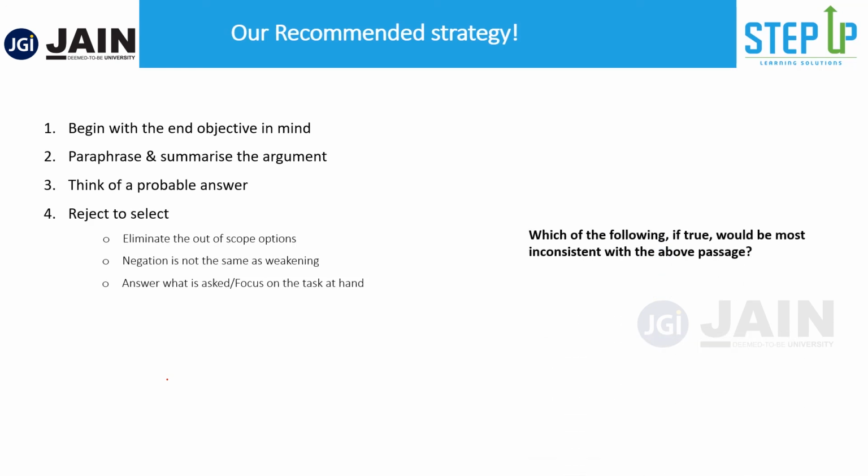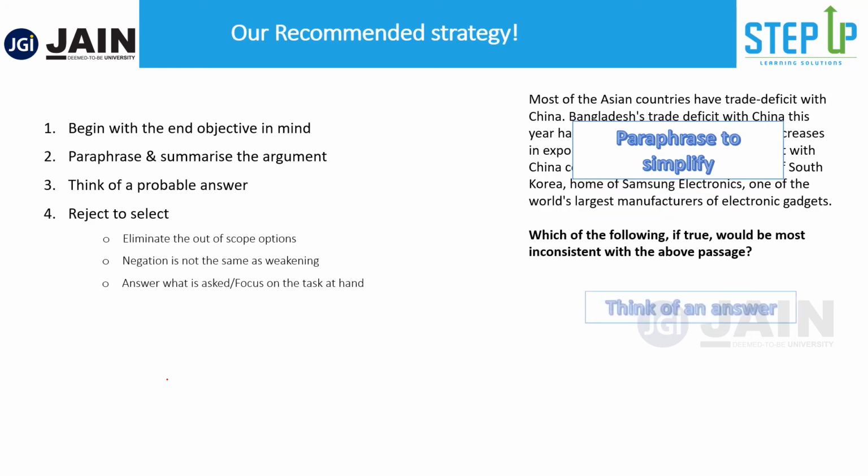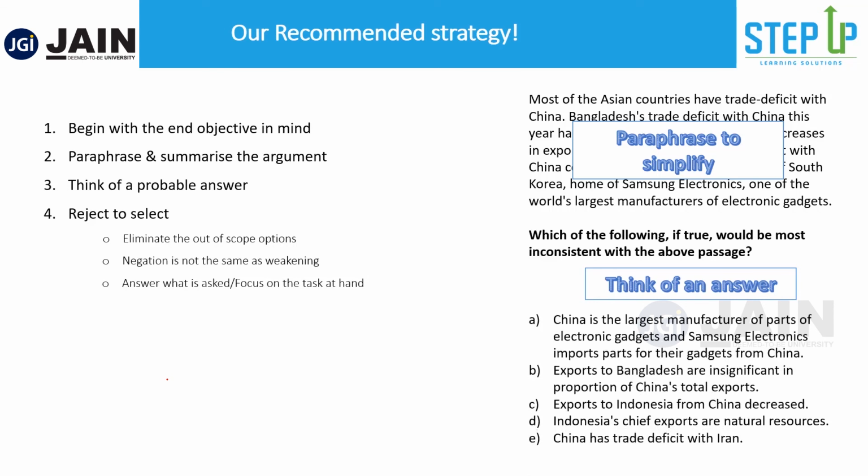So this is how we go about a question. We read the question stem, we go to the argument knowing what it is that we are looking for, we paraphrase to simplify the thinking in our head. If you want to write also one or two words here, you can write, and then you think of an answer based on the question and the argument you're understanding. You think of an answer, and then you go to the options and you start rejecting using the various techniques